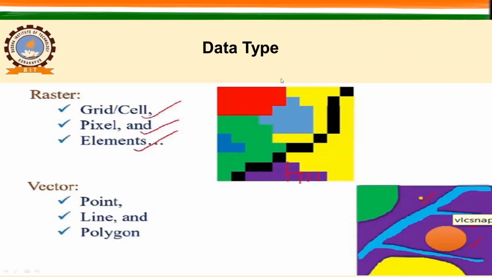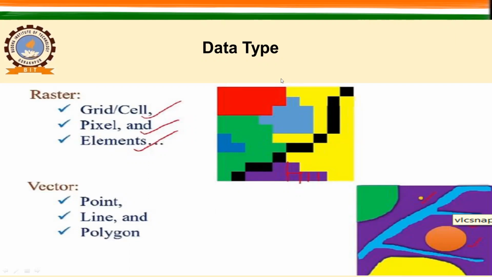When you are talking about the data type, the first one is your raster data. What do you mean by raster data? Raster data is nothing but your remote sensing data in the form of images. जो हमारे remote sensing images, जो हमारा remote sensing का data है, उसको अगर हम image के form में ले आए, वही हमारा raster data है.